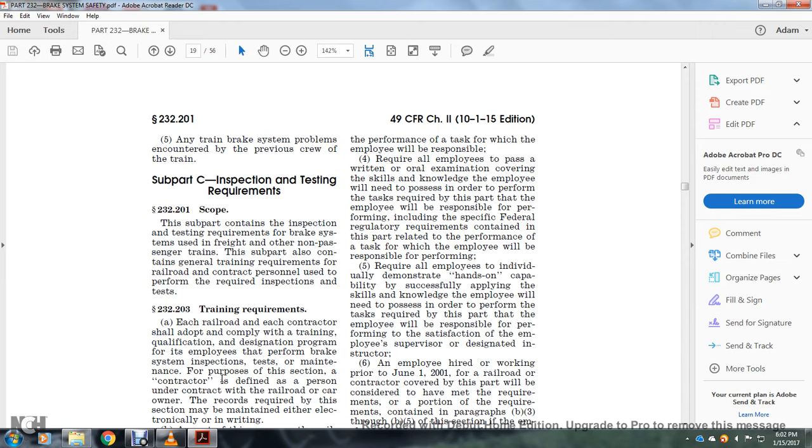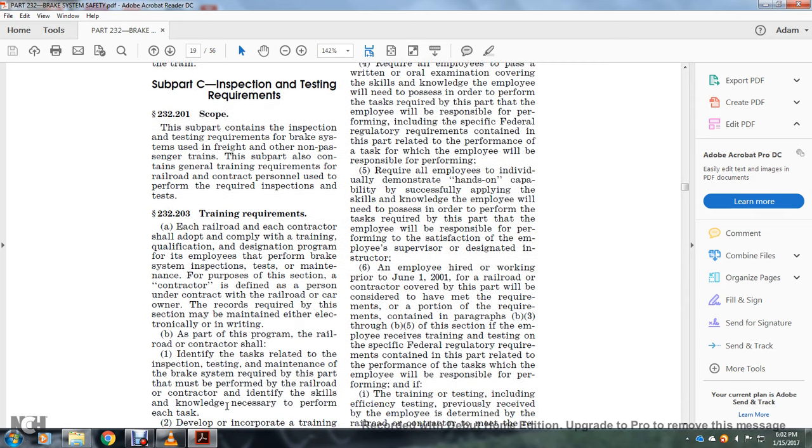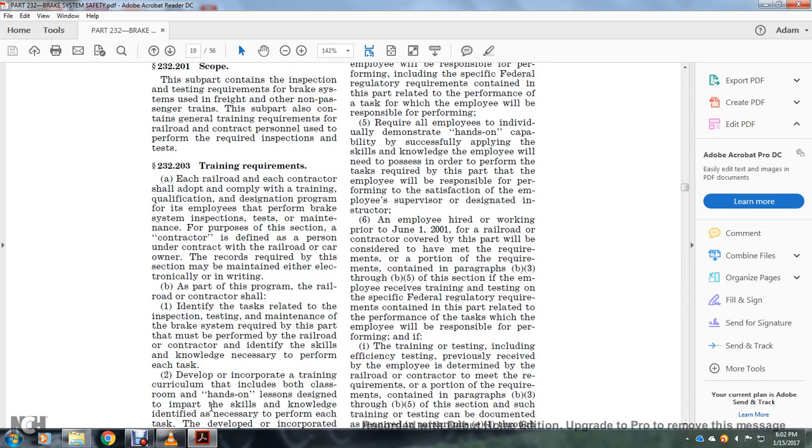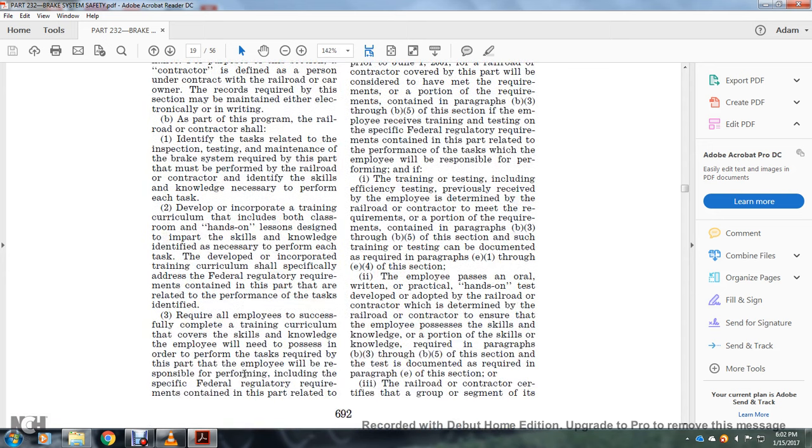The records required by this section will be maintained either electronically or in writing. As part of this program, the railroad or the contractor shall identify the tasks related to the inspection, testing, and maintenance of the brake system required by this part that must be performed by the railroad or contractor; identify the skills and knowledge necessary to perform each of the tasks; develop and incorporate a training curriculum that includes both classroom and hands-on lessons designed to impart the skills and knowledge identified as necessary to perform each of the tasks. The developed or incorporated training curriculum shall specifically address the federal regulatory requirements contained in this part that are related to the performance of the tasks identified. Three,